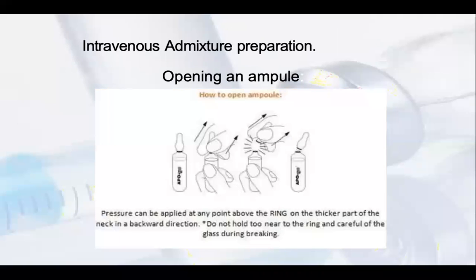Similarly, you can see in this picture that they have removed the neck of the ampule to draw the drug from that ampule. Pressure can be applied at any point above the ring on the thicker part of the neck in a backward direction. Do not hold too near the ring, and be careful of the glass during the breaking. So you have to remove the neck and then draw the drug from the ampule that will be introduced in that